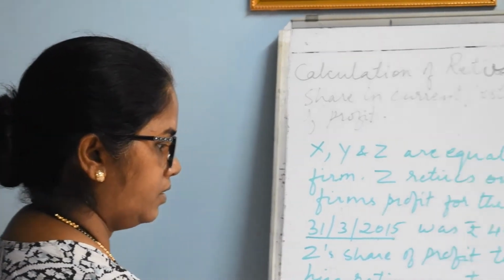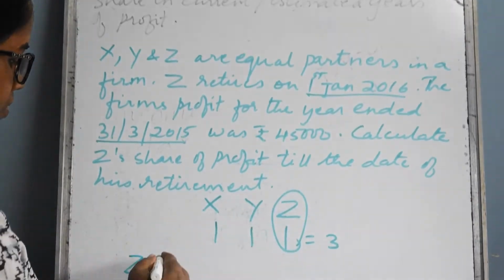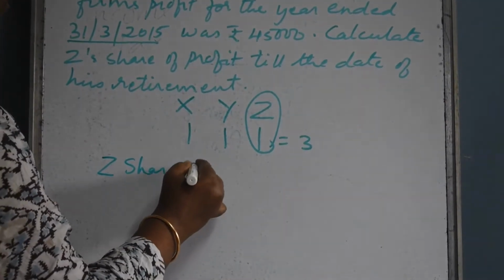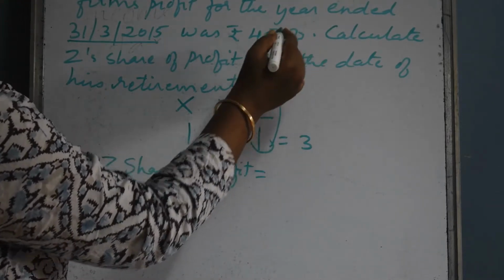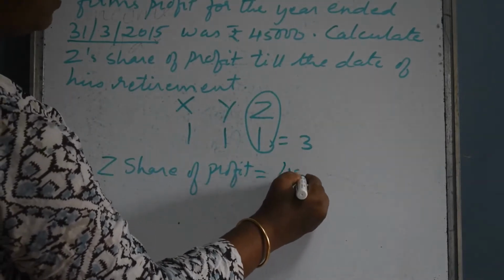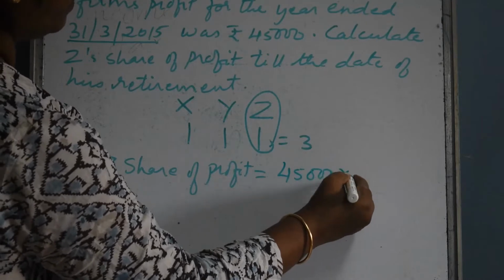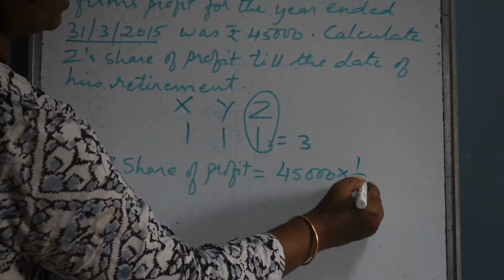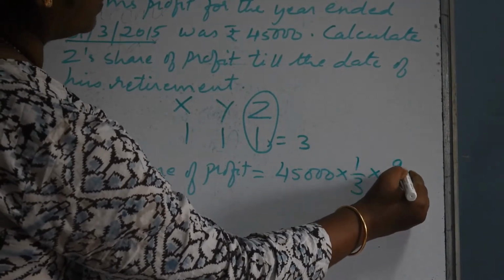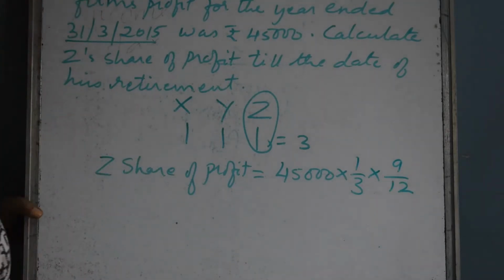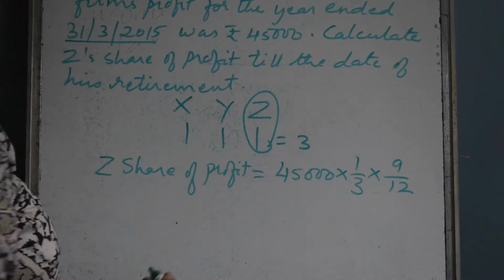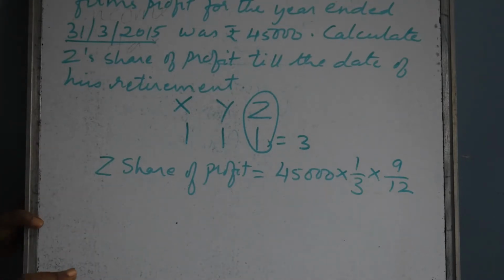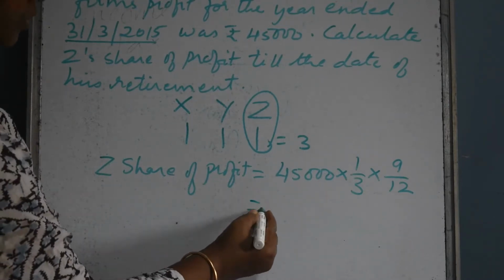So Z's share of profit is equal to the profit given, 45,000, multiplied by his share 1 upon 3, multiplied by how many months he was there with us. So 45,000 multiplied by his share multiplied by the period, 9 upon 12,